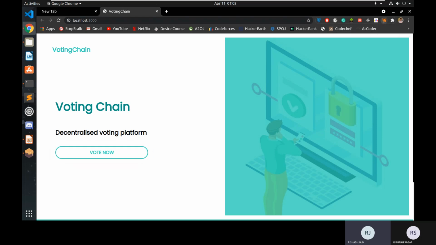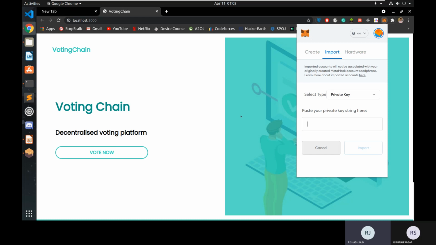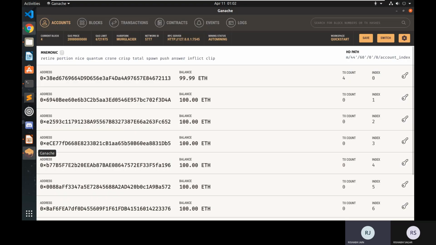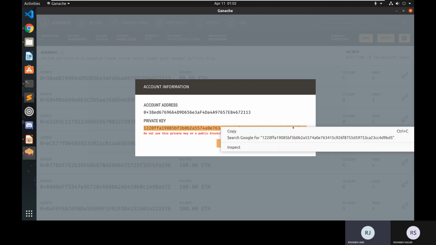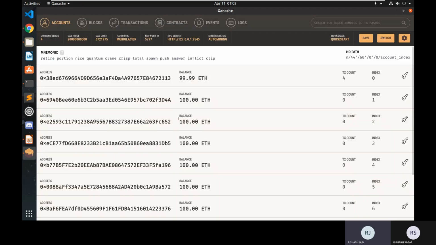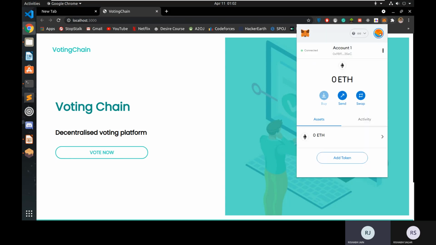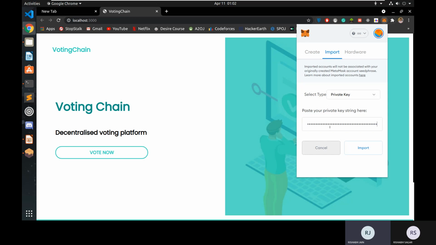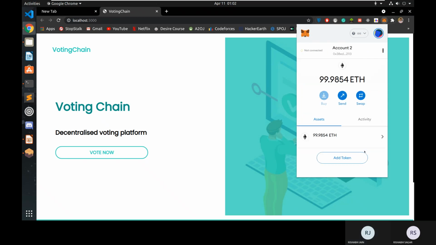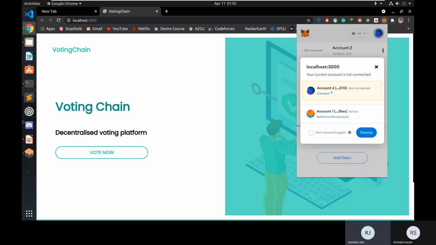Now we'll go to Ganache and connect a user to MetaMask to import an account. So basically the user has to enter a private key there, and as you can see there are 10 users here, and we are using the first user and entering their private key to log in to MetaMask. So this is a kind of authentication system to make sure that the legit user is casting the vote. You can see that there is Ethereum in his account.